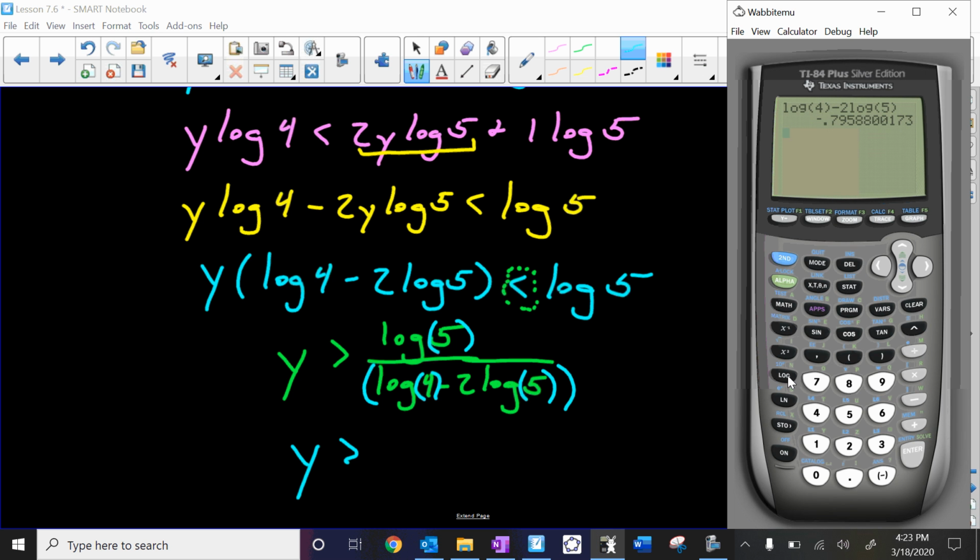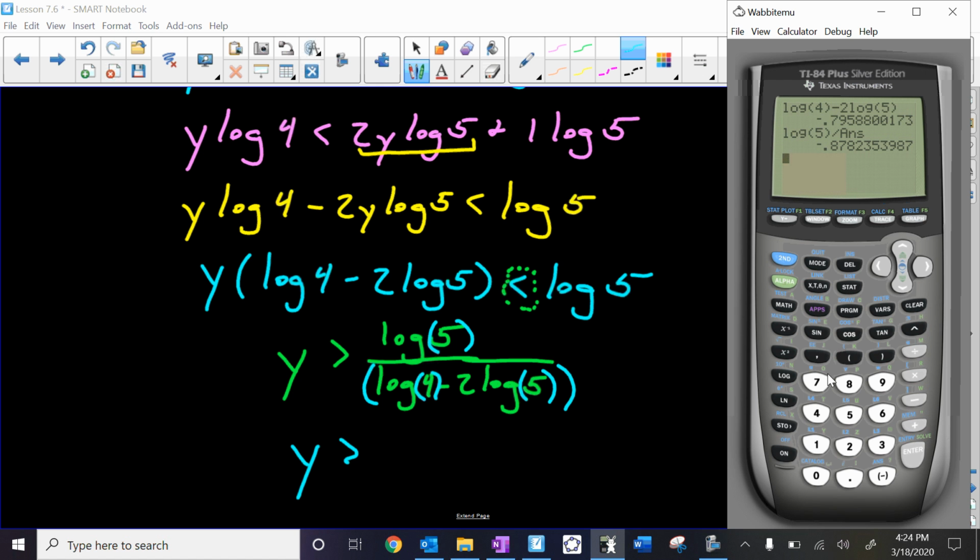So now if I plug this in, I'm going to have log of 5 divided by, technically since I have it all in here, I could just go second answer after I hit the division sign. Let's go divided by second answer, and that'll actually work, which will get me that negative 0.8782